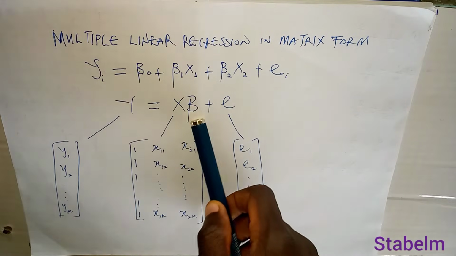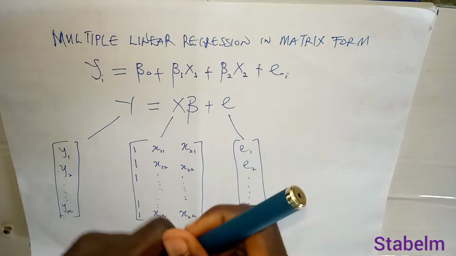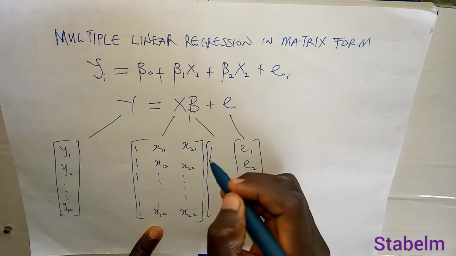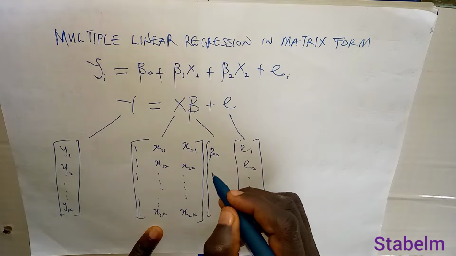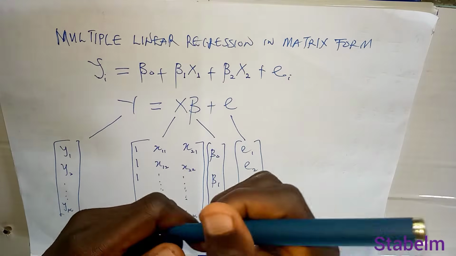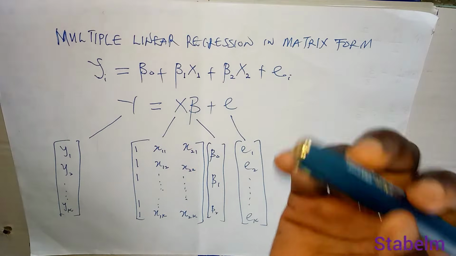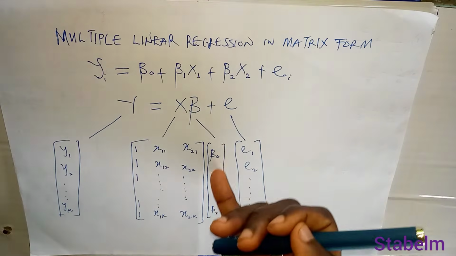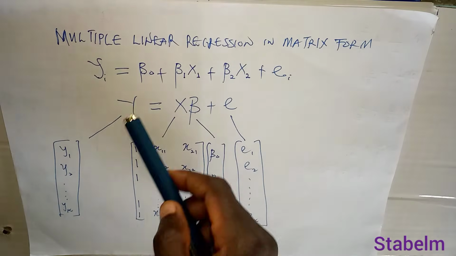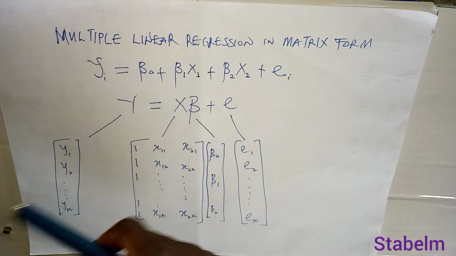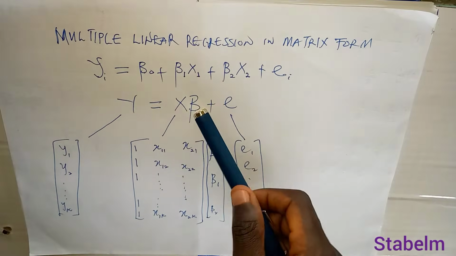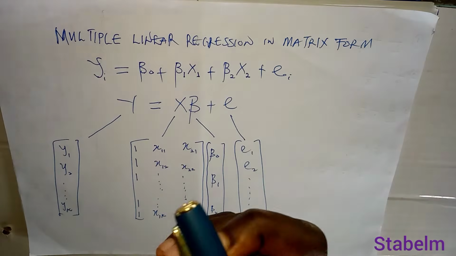as y equals X beta plus e, whereby this beta here contains beta naught, beta 1, beta 2. So if you have more than two coefficients, or three coefficients here, this is going to be the coefficient vector. Now our y is y1, y2, up to the number of y that we are dealing with. Then in this case we have X beta, where X is the independent variables,